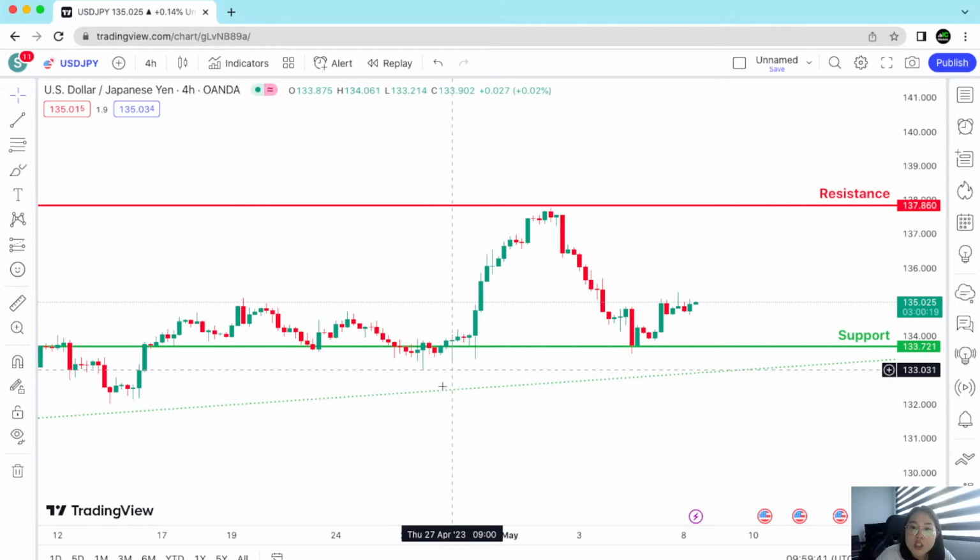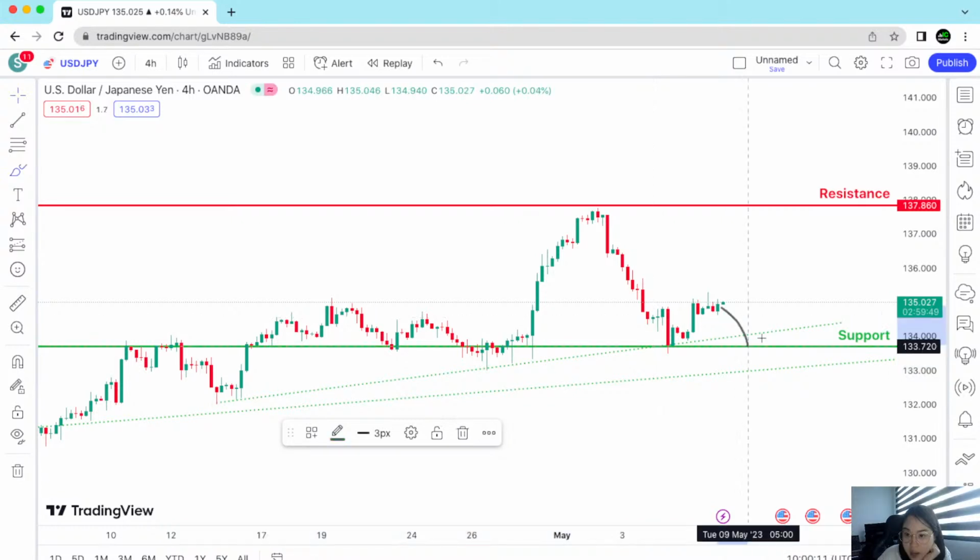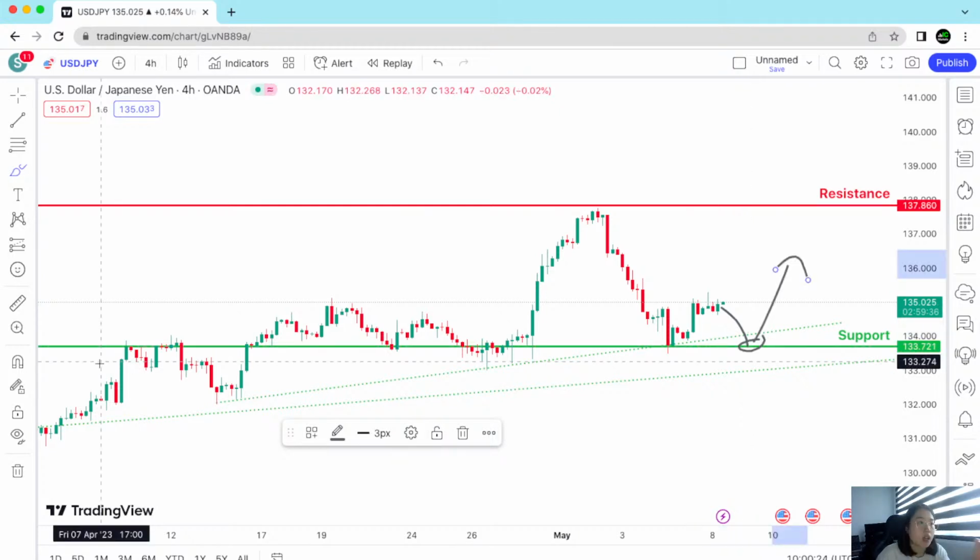Let me try to see if I see any closer support or resistance. Honestly, ideally what I want to see is price pulling back to this area, and in this area I get in for a buy. But I don't think that's going to happen, because if you see the structure of charts, price comes here one time, it moves up. It comes here one time, it moves up. It comes here one time, it moves up.